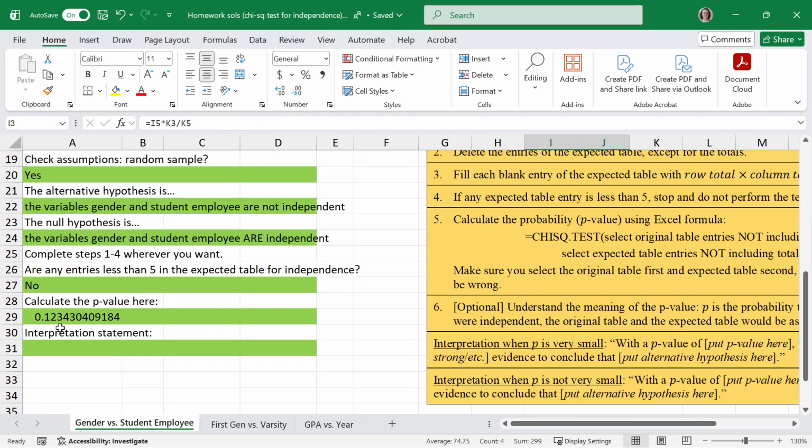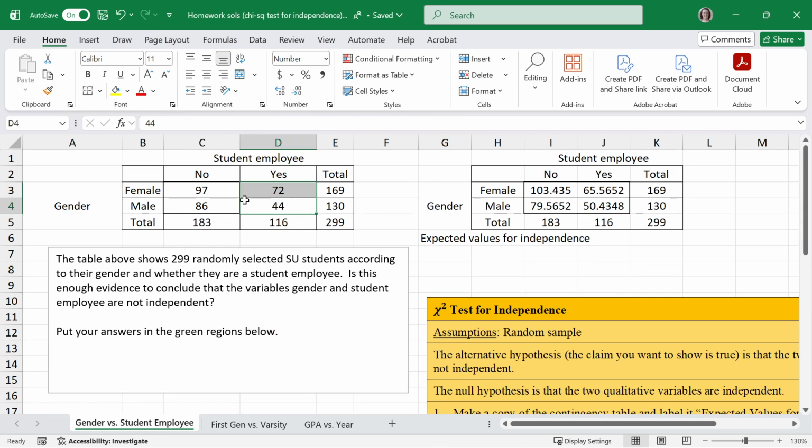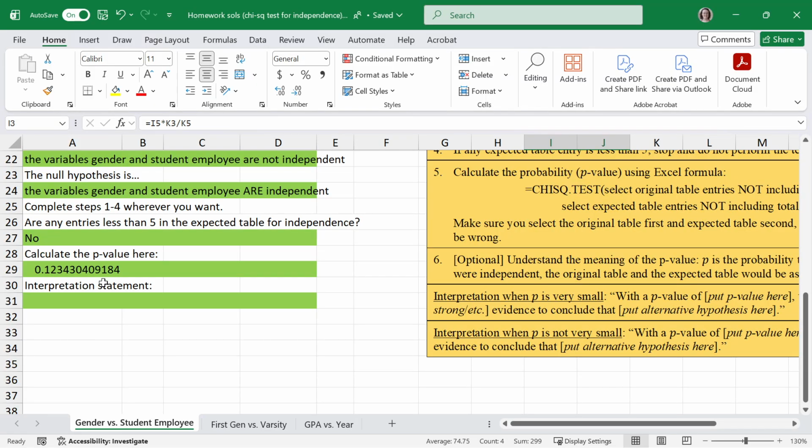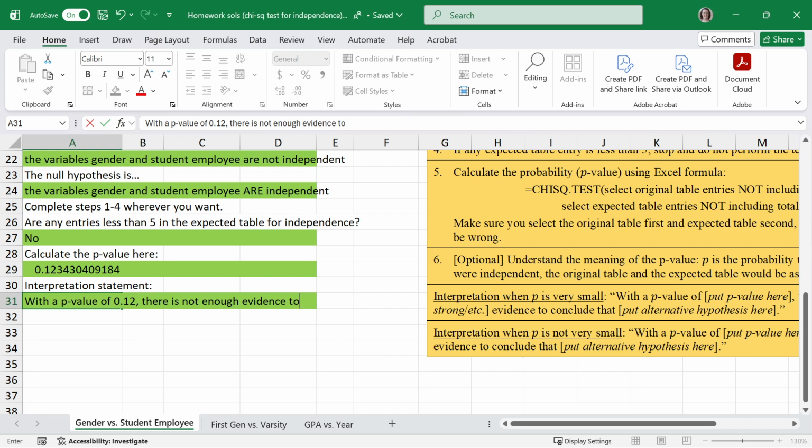Yeah, and so the probability that our numbers that we got would be as far off from the perfectly independent ones over here as they are if they really were independent is 12%. So if something with a 12% probability of happening happens, I'm not that surprised by it. So I think this is not a small enough p to reject the null hypothesis. So I'm going to do the interpretation for when p is not very small. So my interpretation statement here is going to be with a p-value of 0.12, there is not enough evidence to